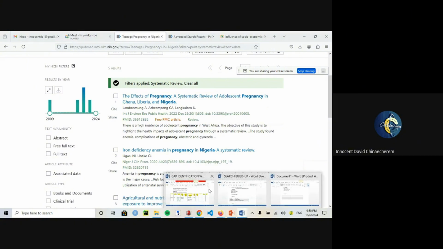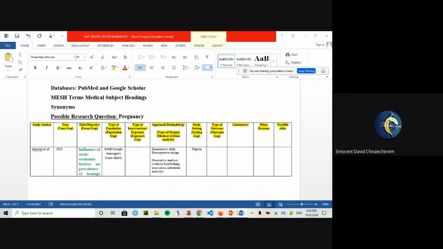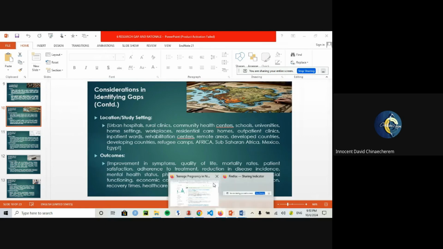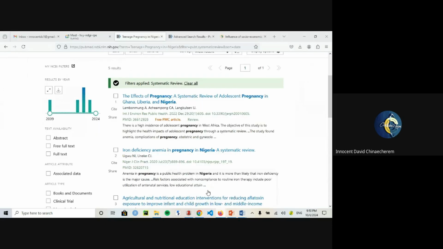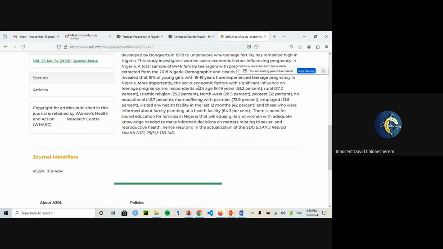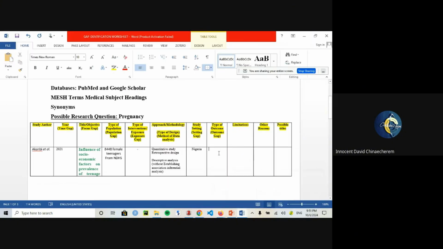That is just it. So when we take a look at the outcomes from the stated paper here, right, we also realize that it maybe focused on family planning, some certain variables that you can put down on your outcome here. So some studies do report their limitations, and there could be other reasons, like I said, because the domains here might not really give you the full satisfaction of what you want to explore as your maybe gap in literature, right?